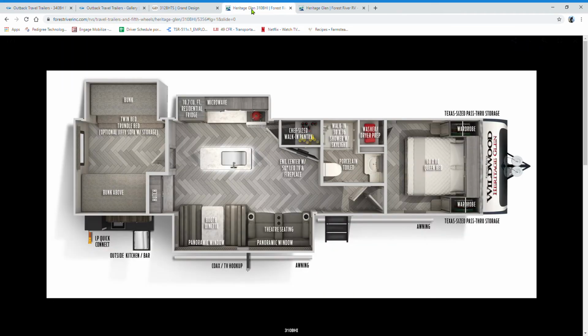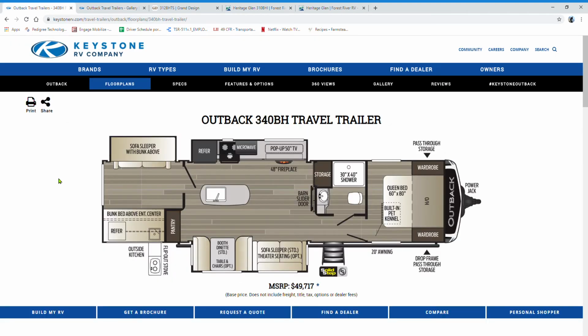Now, I will say that the Heritage Glen is the one I pulled up, but it's not specific. The 310BHI you can get as the Heritage Glen, or you can get it as the Salem Hemisphere. Same floor plan, same pretty much everything, just different product from Forest River. So they make it in the Wildwood and they make it in the Salem. But I digress. Going back over here. So the Keystone,